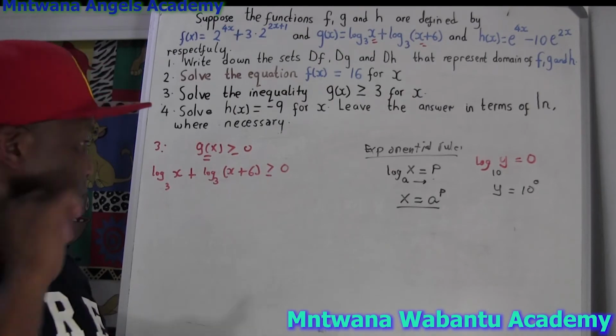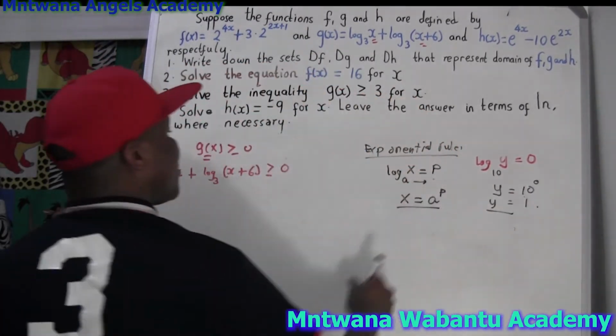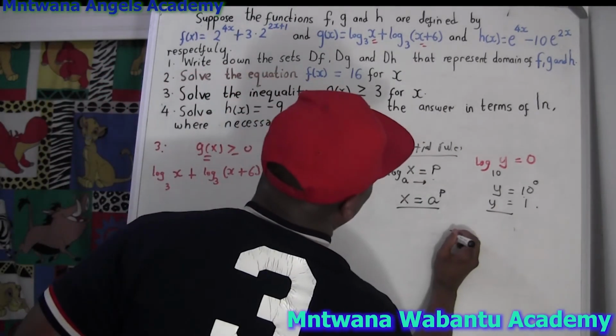That's the exponential rule. Any number to the power 0 goes to 1. So 10 to the power 0 goes to 1. So y. So this is the exponential rule. Last one, exponential rule. Somebody gives x minus 1